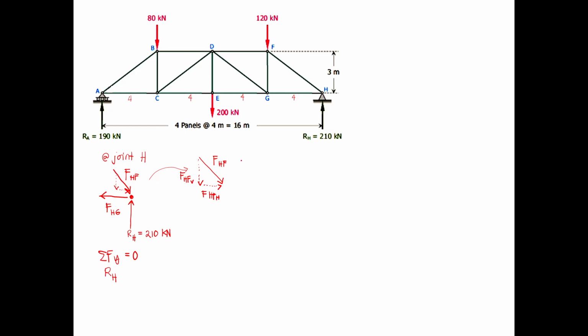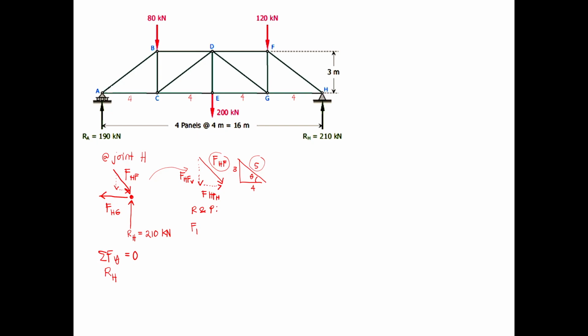So again, this one is a special triangle. 3, 4, 5. So through ratio and proportion, or if you don't want to use ratio and proportion, you can always look for the angle theta, and then use sine or cosine function. Okay, so through ratio and proportion,